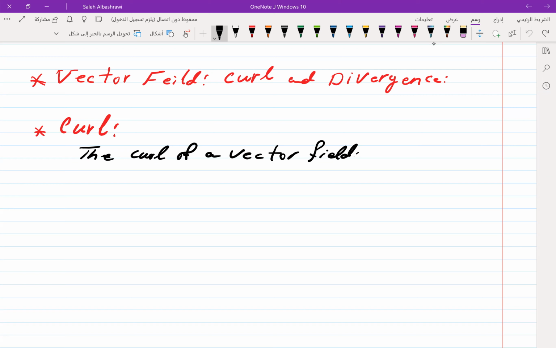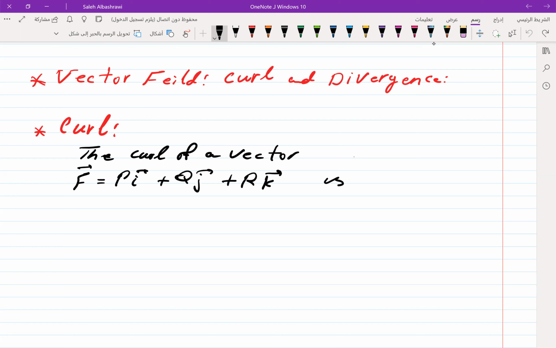A field F is given by Pi plus Qj plus Rk, where P, Q, and R are functions of x, y, z. These are functions. Now the curl of this vector